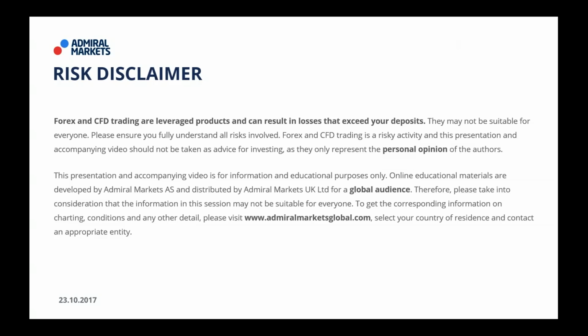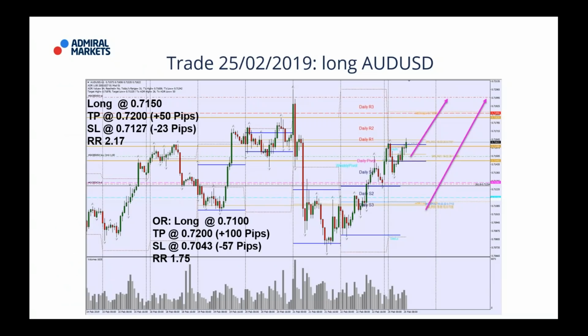I hope you had a decent week last week. We had some super surprises. What was our trade from last week, Feb 25th? We were looking to long the Aussie dollar. First trade was to look for a long right around the 71.5s. And then a later trade would have been to potentially look for a long around the 71 evens. But if a trade target has been reached, in this case, 72 area, then that's it. That negates the second trade.